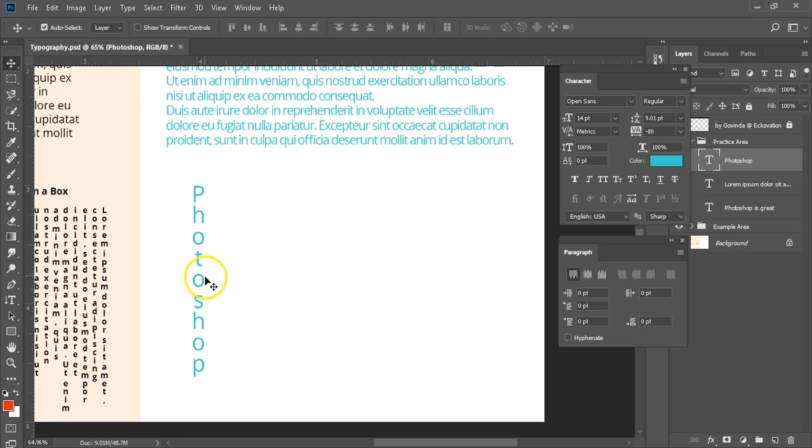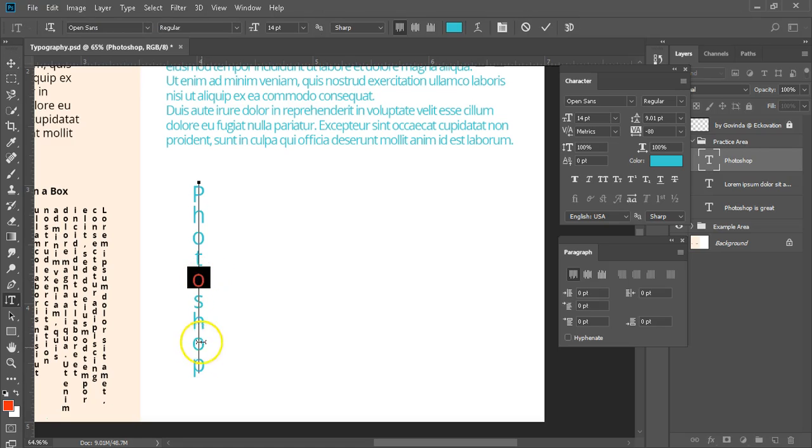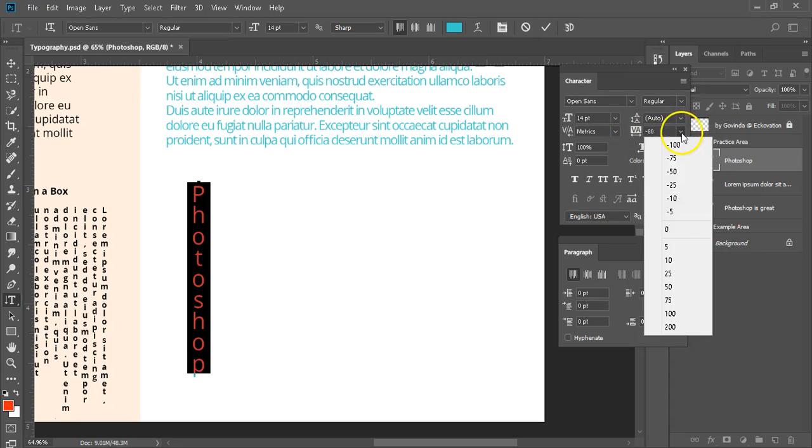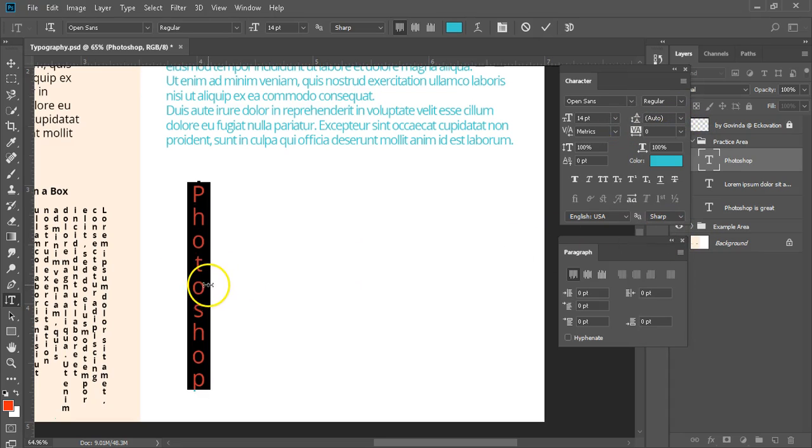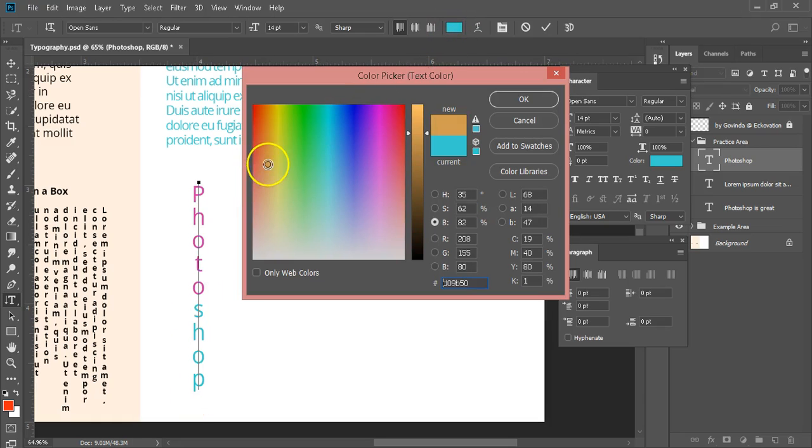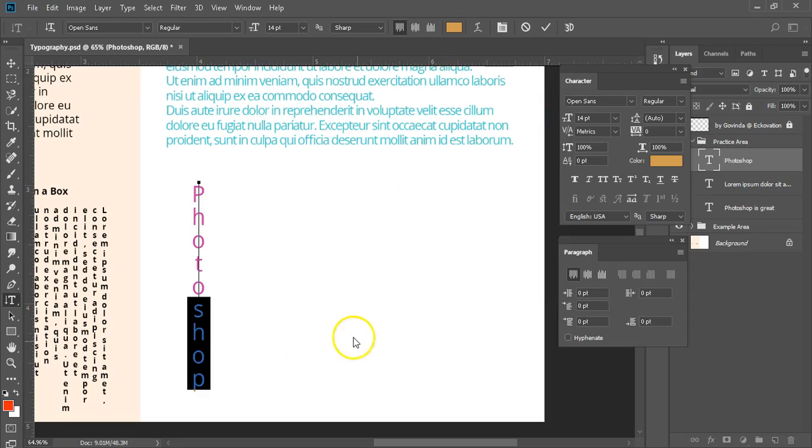Now select the entire text and change the font face to Open Sans Regular, font size to whatever you like, leading to auto and tracking to 0. And now select only the first half of the word and go to the control panel and change the color. And then select the second half of the word and change its color as well. Keep the same color or maybe a different one. Exit the edit mode with Ctrl Enter.